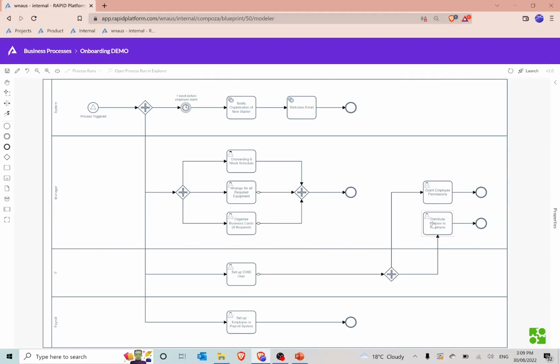And again, we're able to do this now because a user is now linked to this particular employee record, meaning that any tasks that are generated will go directly to that employee's mailbox. Lastly, the payroll admin is set up a task in order to set up this employee within the payroll system. And that's the entirety of the onboarding process, so you should now be well versed and able to deploy it